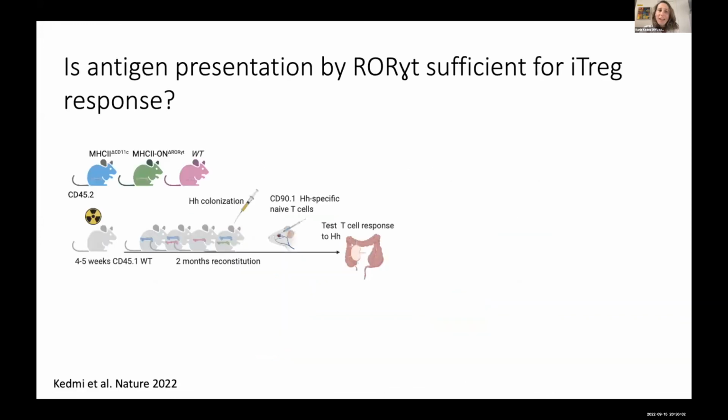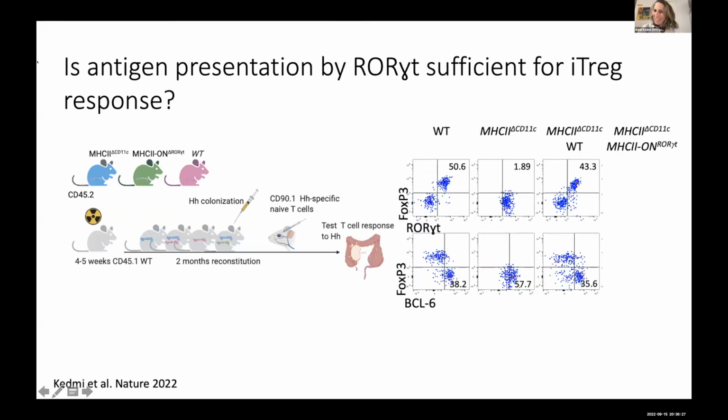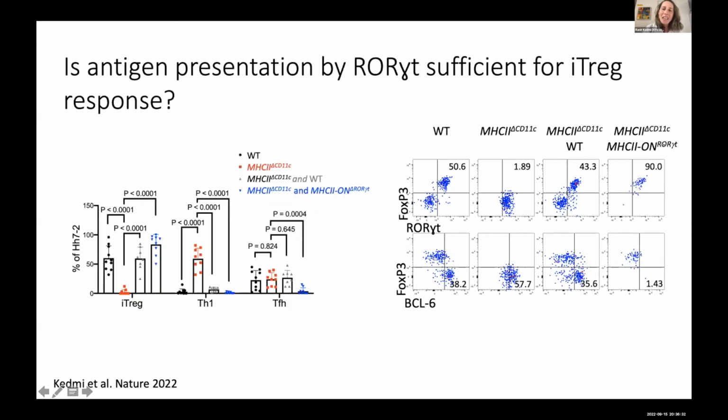And in order to check that, we reached out to Terry Laufer, and we took very special mice that have MHC on. That means that all the cells in the body will be without MHC, except for the cells that express the Cre. And we put it with the RORγt Cre, and we asked a very simple question. Can antigen presentation by RORγt cells alone initiate a Treg response? And I won't go into details because now I understand I don't have time, but the take-home message was that cells expressing MHC only by RORγt were able to induce a Treg response by themselves,